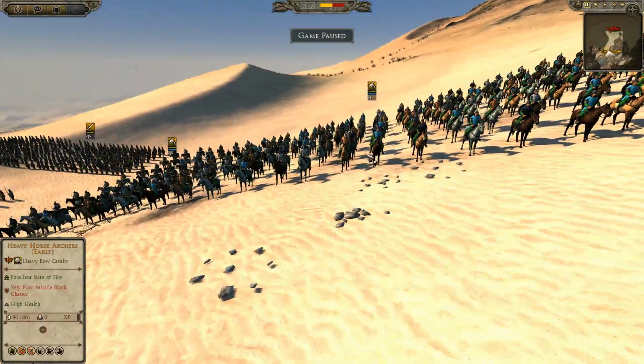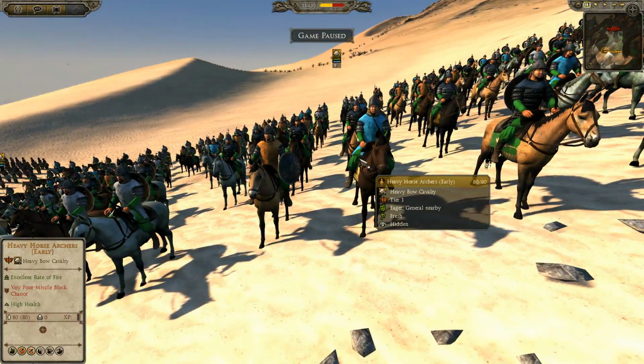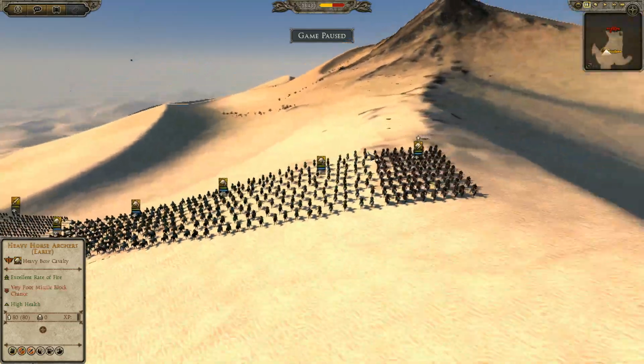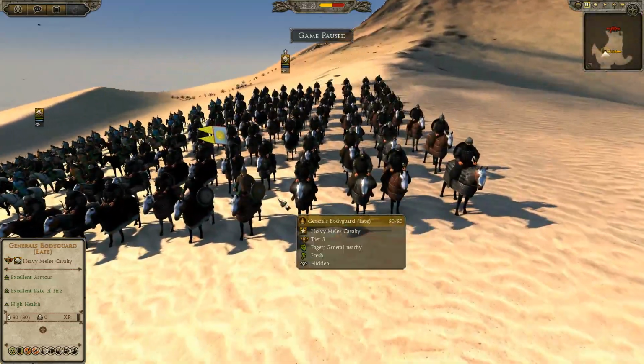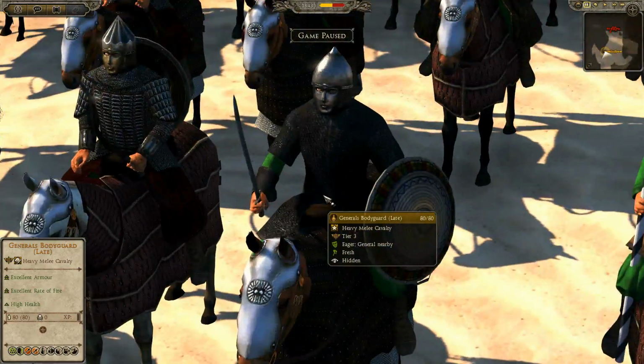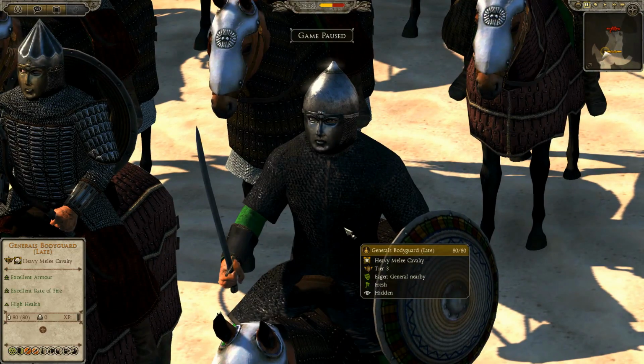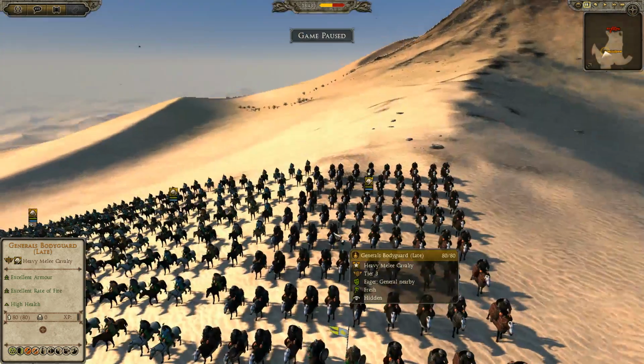And then, being the Mongols, of course, I have 8 units of these heavy horse archers. They are a heavy bow cav unit. And I've got my general's bodyguard here. And we could say that he's like Saladin or somebody. But Saladin wasn't really a Mongol player, so